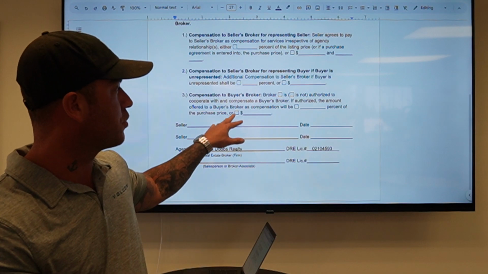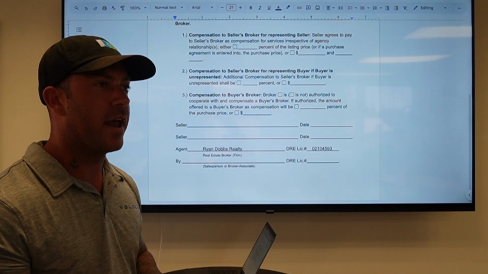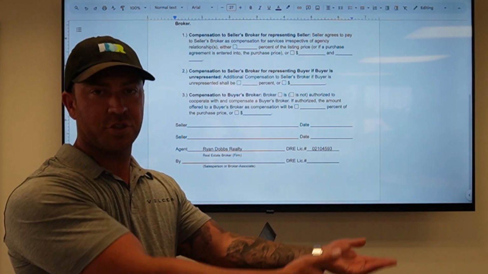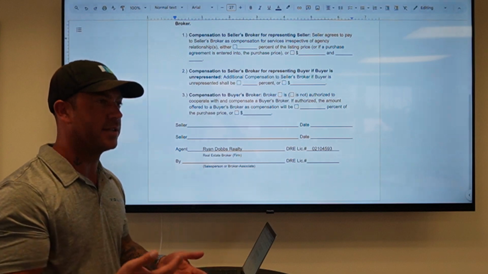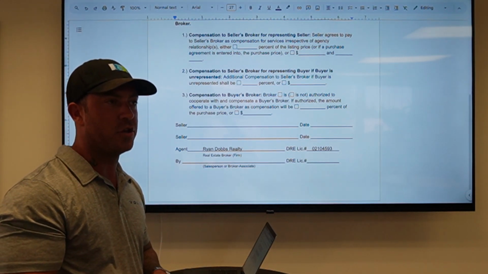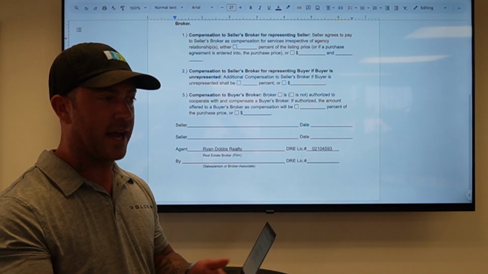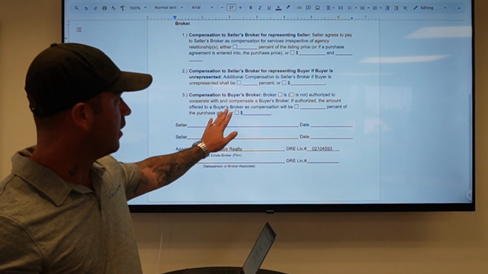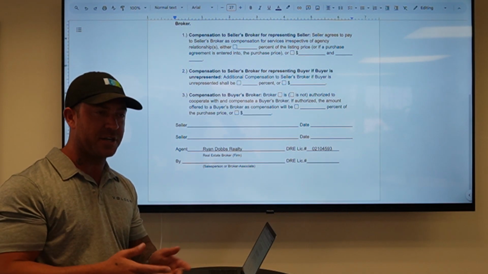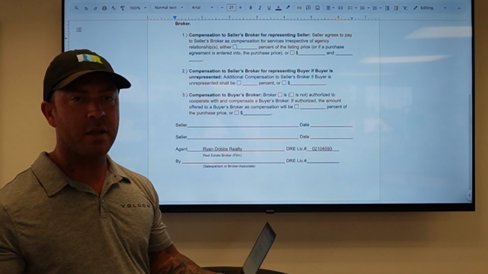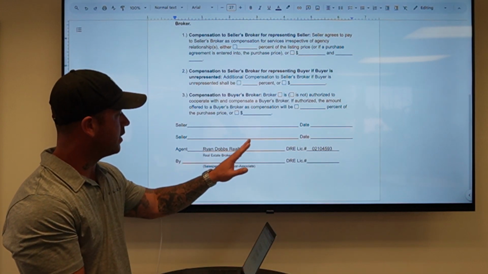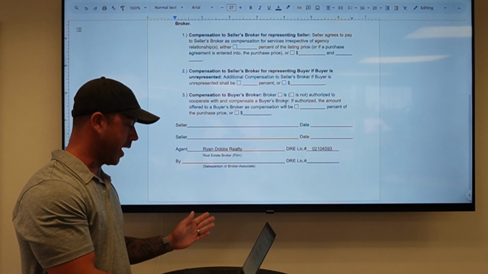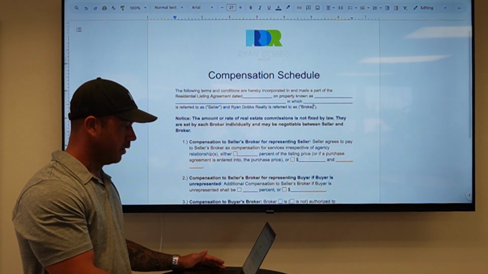And so that's why I put this third section, just to make sure that I have at least something in writing that the seller is authorizing me to tell the agent how much they're going to offer, right? So they can't say, well, you told me this, but then you told them that. I'm like, well, there was nothing in writing. They didn't sign anything. Who's to say there wasn't a miscommunication, right? But if you have it here and they signed that piece of paper and said, yep, you can say 2.5 or 2 or 1 or whatever it's going to be, then I'm allowed to do that. So they sign, date, you sign, date. You can totally screenshot this, copy, paste it. But again, don't do it without your broker's